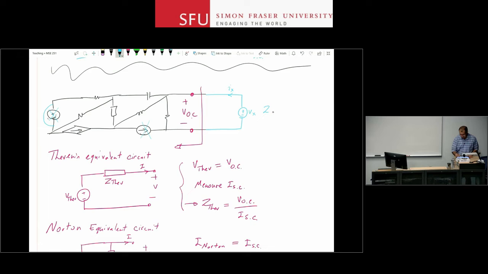And then you can show that Z Thevenin, or I'm just going to call it Z equivalent, Zeq, is the ratio of Vx over Ix. And this Zeq, you can use it as Z Thevenin in the Thevenin equivalent circuit, or Z Norton in the Norton equivalent circuit. And as we will see later on, we actually use this kind of a calculation a lot,